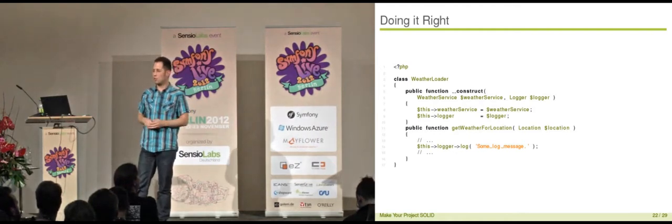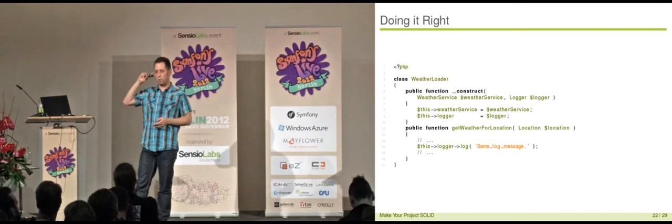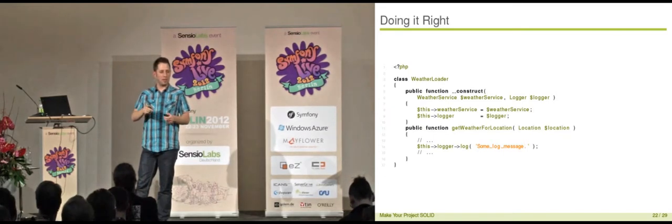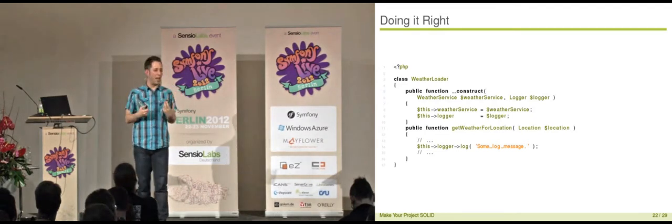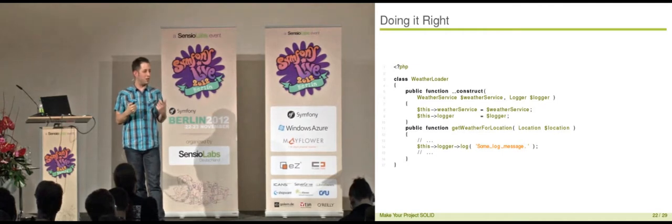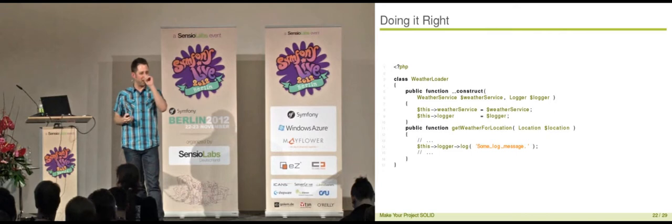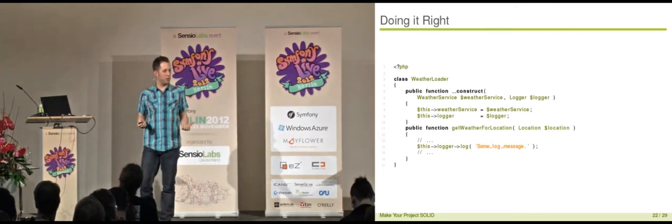If somebody asks you to write a logger, it is instant for a programmer that you see the code in your mind, right? You have that, oh, a logger, yeah, that is something that writes to a file. I need to open the file, I need to write the message to the file, I need to close the file. But that's the wrong idea. The idea is to ask, what do I, as a user of a class, desire to do with it? What is the desired interface, and not what is the realization behind that? And that is meant by the principle.